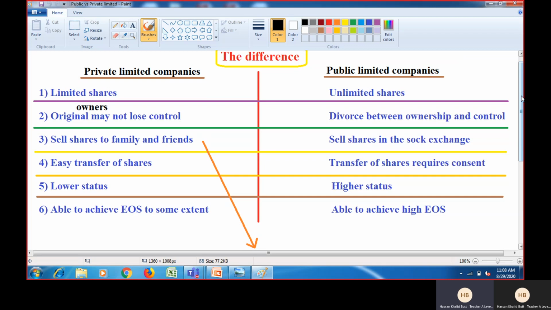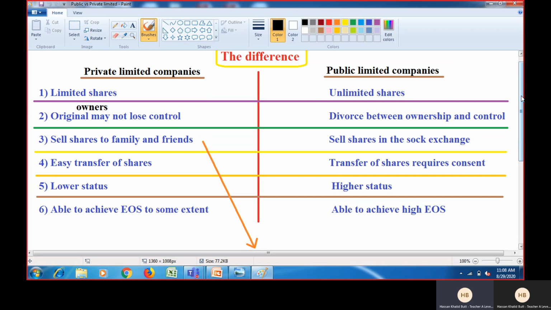Okay, but in a private limited company, shareholders become the board of directors as well, the majority shareholders who are the original owners, so they have the control as well as the ownership. They get their share of profit as well as a salary. Other shareholders might not want this, because they might think the original owner may be dishonest and may take the majority of the profit for himself or herself. But obviously they can't do anything in the case of a private limited company.